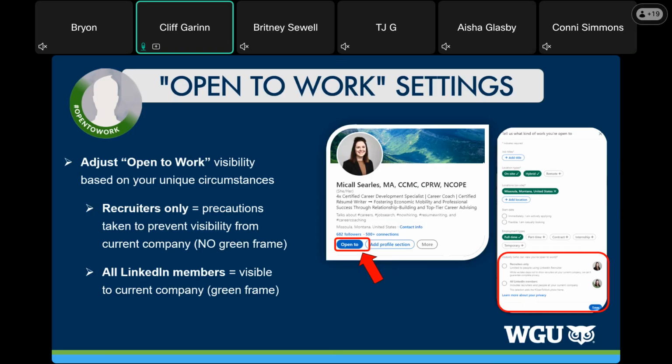But on the other end, it does show to recruiters that you're available. So if you're not working, and that's not an issue, but you do want to give an extra signal out there for recruiters to find you, this might be a way to do it. And then again, you go under your profile where your banner is and where your hashtags are. If you include those, you've got open to, you click on that and it will give you some options to include.